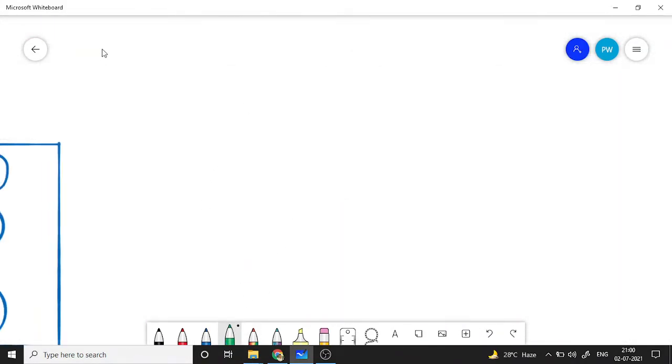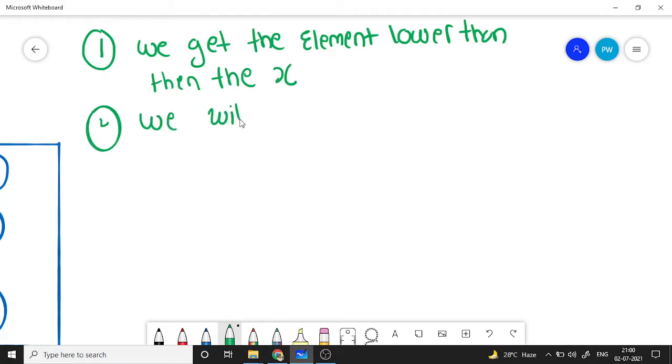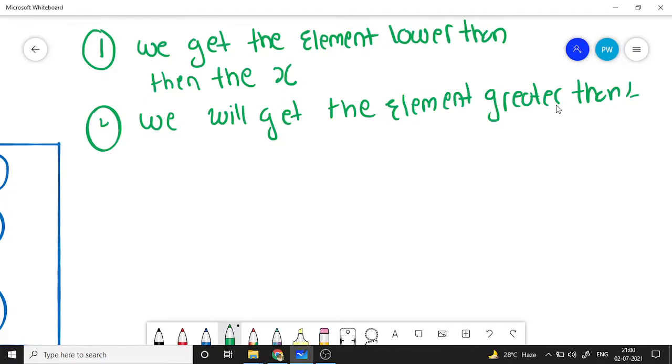So what do we need to do first in order to get the result? First, we'll get the element lower than the x. Second, we will get the element greater than the x,